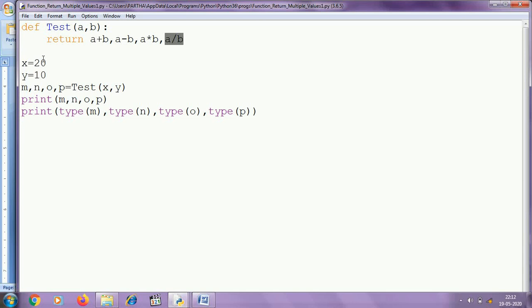Because we are dividing 20 by 10, basically the output should be 2, but in case of Python, the output will be displayed in floating point. So output will be 2.0, and data type of m, n, o will be integer, and data type of p will be float. Let's see the output.